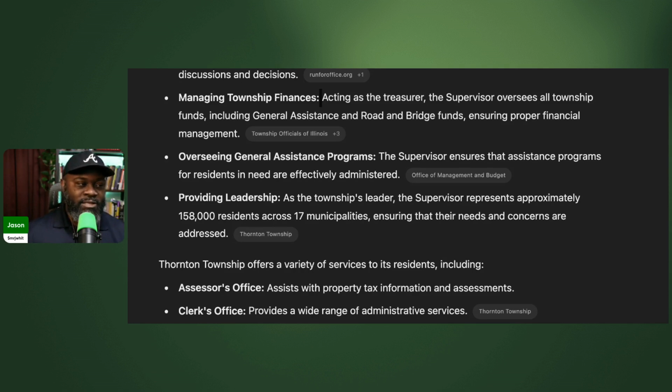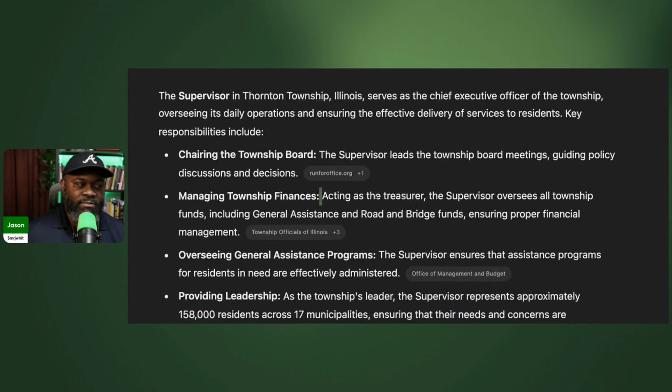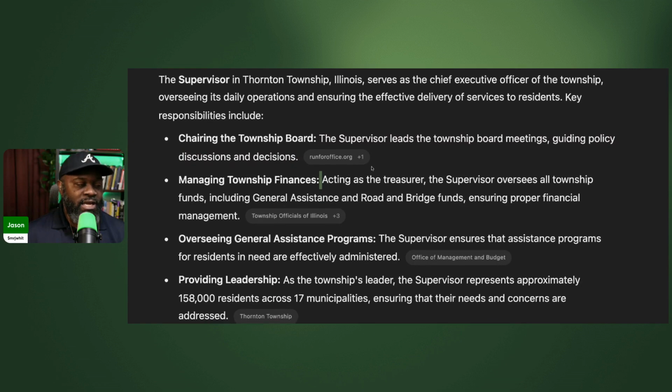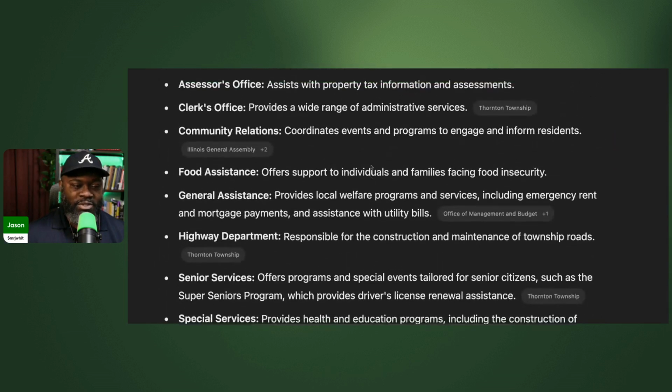But the reason I even brought up the duties and responsibilities of the supervisors is because a lot of the questions they were asking should have been asked of a mayor. What are you going to do in Harvey? What are you going to do in Dalton? What are you going to do in these places? Those were questions you should have been asking a mayor candidate, not a supervisor of the township. But we did look at the duties and responsibilities of the supervisor, and also the duties and responsibilities of the township.